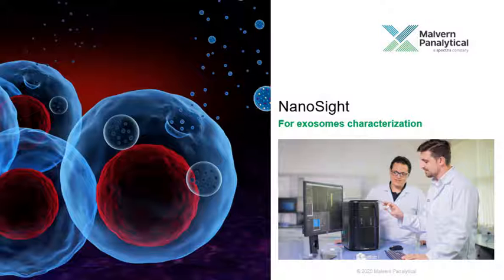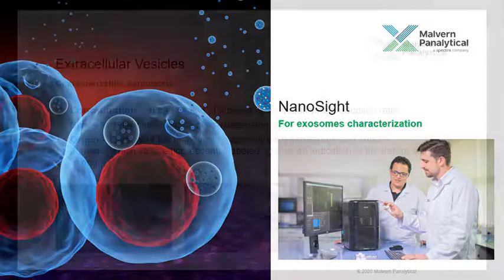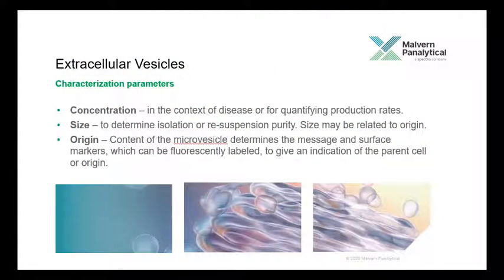And it is time now to have a look at how NanoSight is used in exosome characterization. NanoSight has proven to be a valuable tool in characterizing exosomes. Due to exosomes' role in cell-to-cell communication, there is a growing interest in studying these vesicles, with potential applications for diagnostic or drug delivery. Important characteristics to study include concentration, in the context of disease or for qualifying production rates,